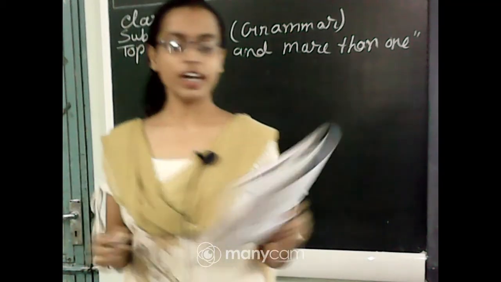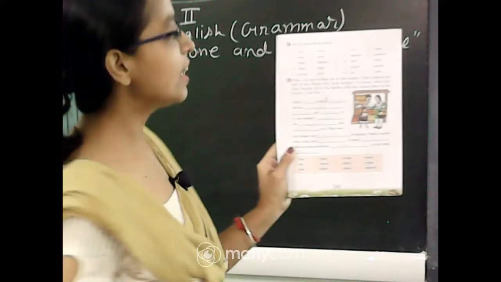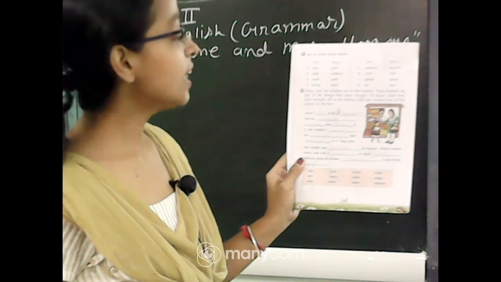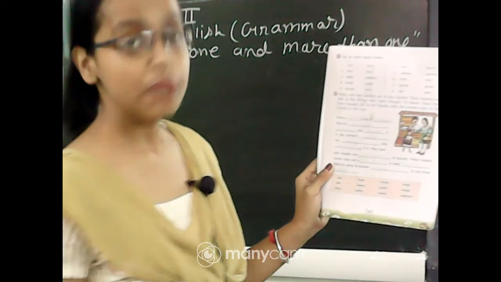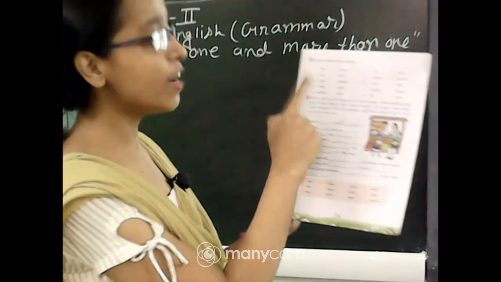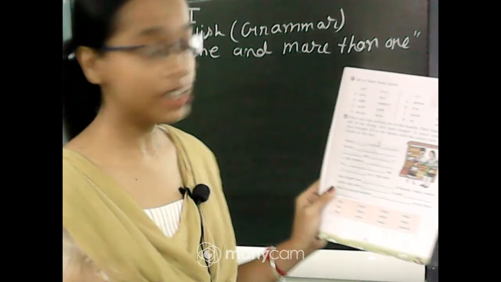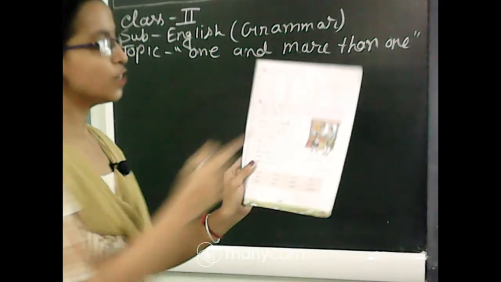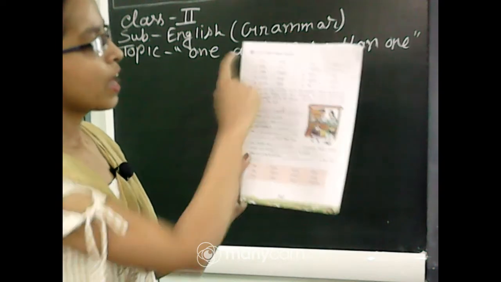So now today you can see here in this chart that there is something one and many, and they are different. There is no use of s, es, ves or ies when we need to make these types of words into many. We have to make it something different, and you can see the difference here.